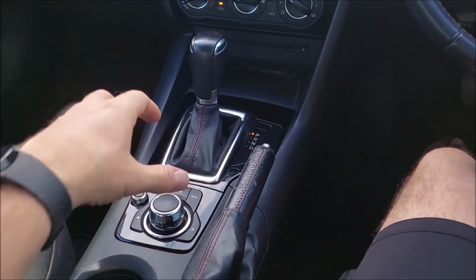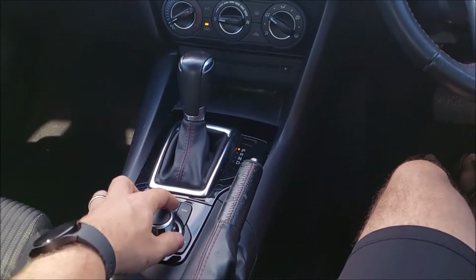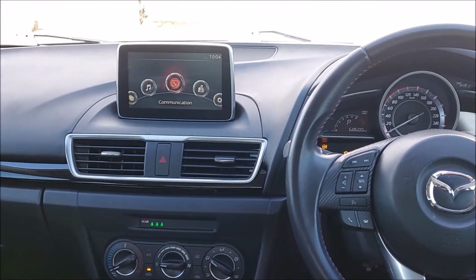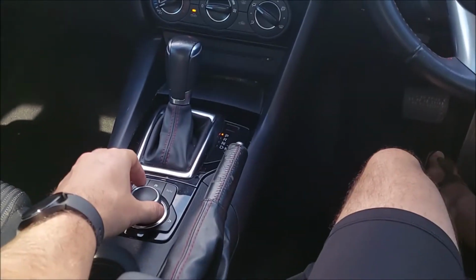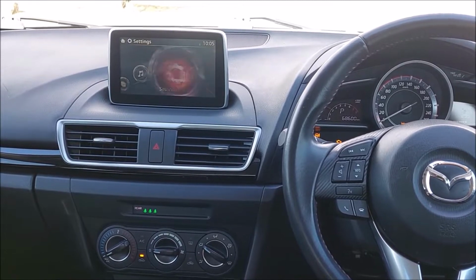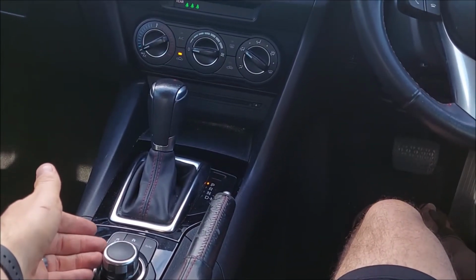So to do this, we're going to use this toggle switch down here and the main entertainment screen. And we're going to start off with the home page by pushing that button there, which looks like that. We're then going to turn the knob all the way to the right till it says settings and press it in. And then when you're in this menu, we're actually going to be using the right hand push like that